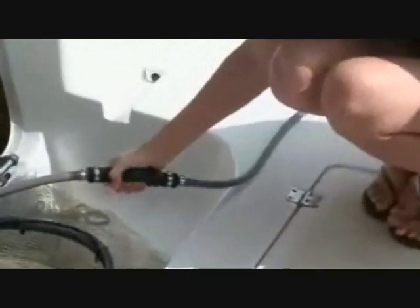So she says, "How do we get this thing started?" I said, "Well, first you got to prime it." She says, "How do I do that?" I said, "Well, you reach down there and grab that ball and you give it a little squeeze." She said, "Like this?" Just like that. So there she was,